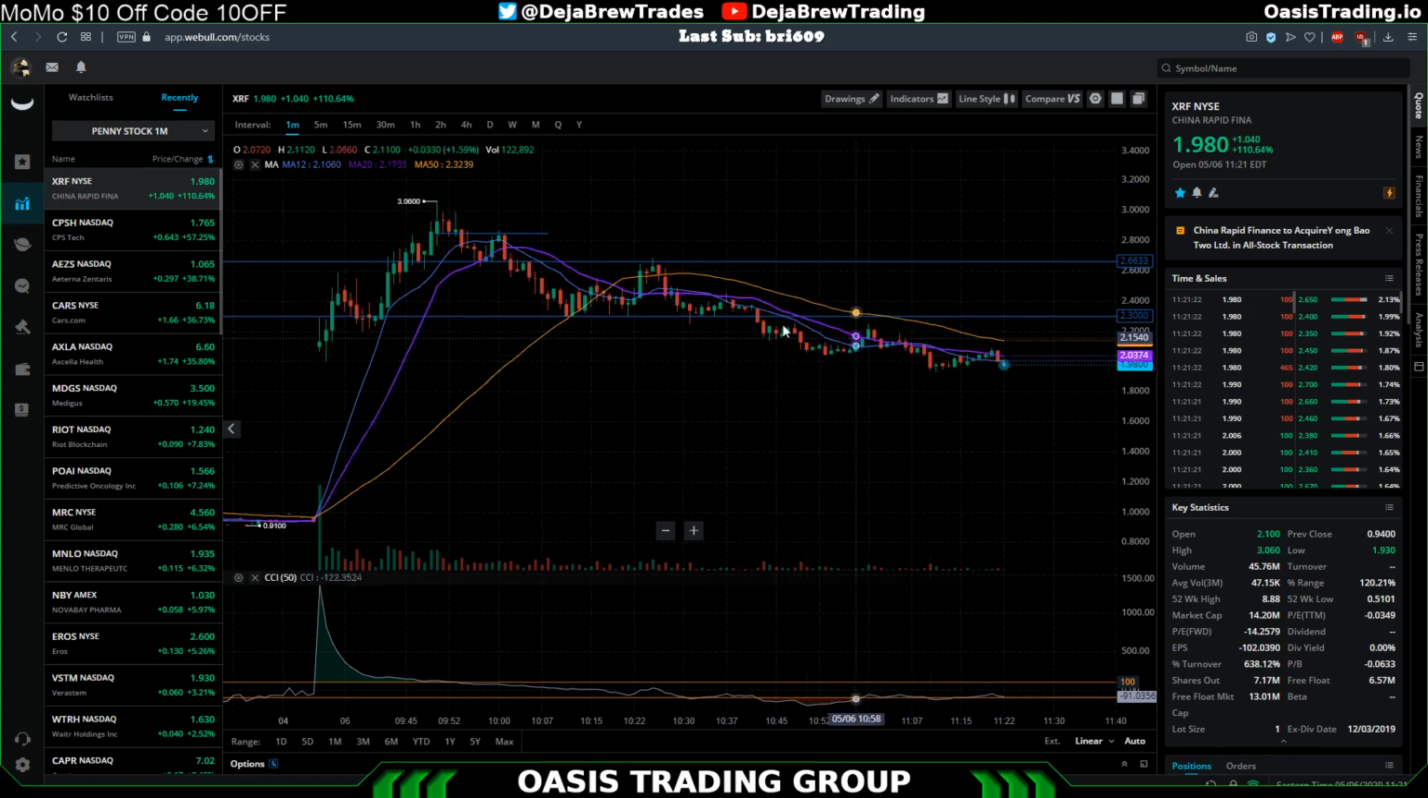This is actually a decent short setup. So if you're able to short this, I'm not sure if this one is marginable. I don't believe it is. No, it's not. So typically if it's marginable, it will say over here. This one's not marginable. So you would not be able to short this, but if you could, this pattern is